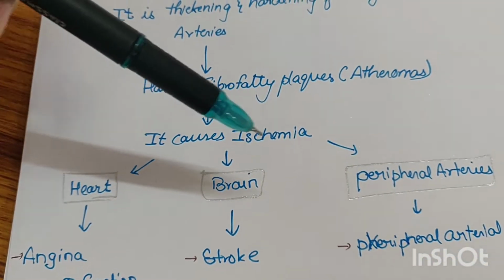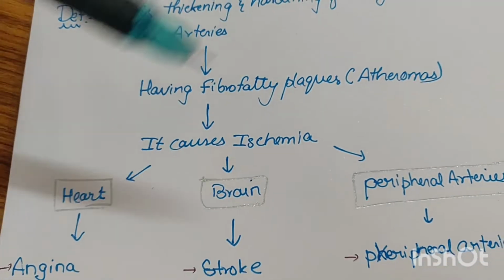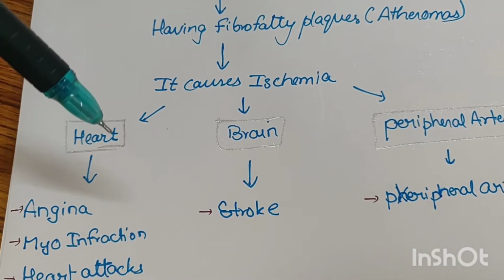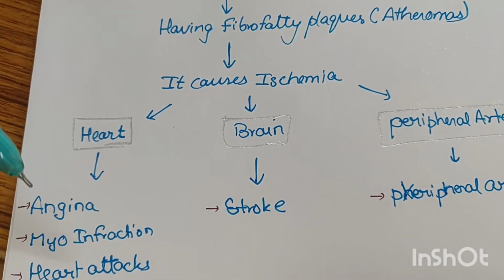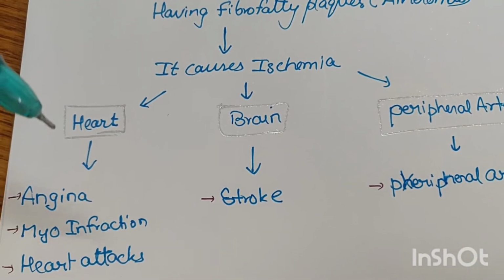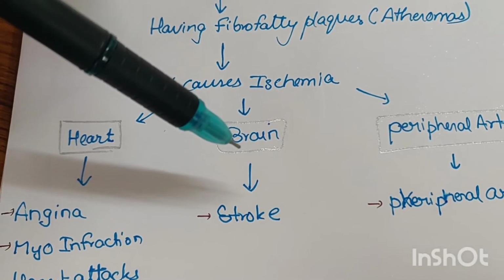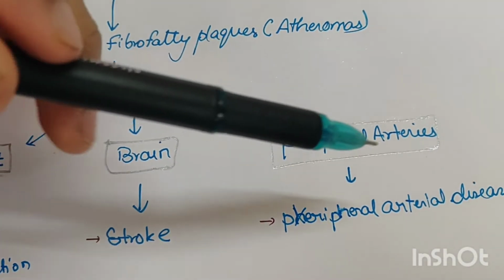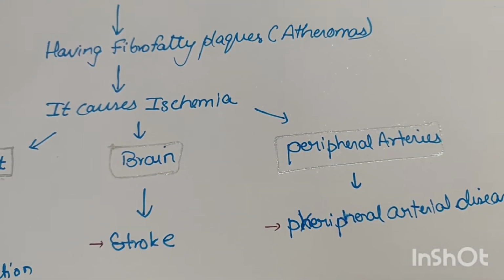In the long term, atheromas cause ischemia. When the heart vessels like the coronary vessels become ischemic, there is angina, and myocardial infarction, or heart attacks, can occur. When there is infarct in the brain, it can cause strokes, and when there is infarct in peripheral arteries, it can cause peripheral arterial disease. Okay, next we'll see about